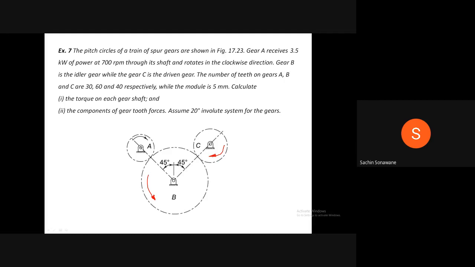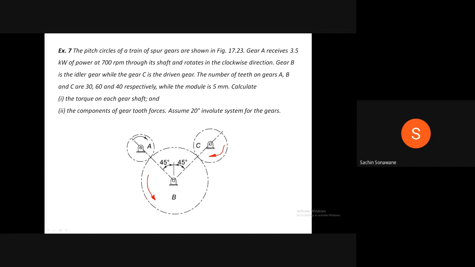That is, if an odd number of idle gears are used between driving and driven gear, at that time the direction of motion of the driving and driven gear is same. If an even number of idle gears are used between driving gear and driven gear, the direction of motion of driving gear and driven gear are opposite. Now since here only one idle gear, an odd number, is used, the direction of motion of driving and driven gear is same. Therefore, to achieve desired direction of motion of the driven gear, we can use an idle gear also. Therefore, these are the two functions of the idle gear.